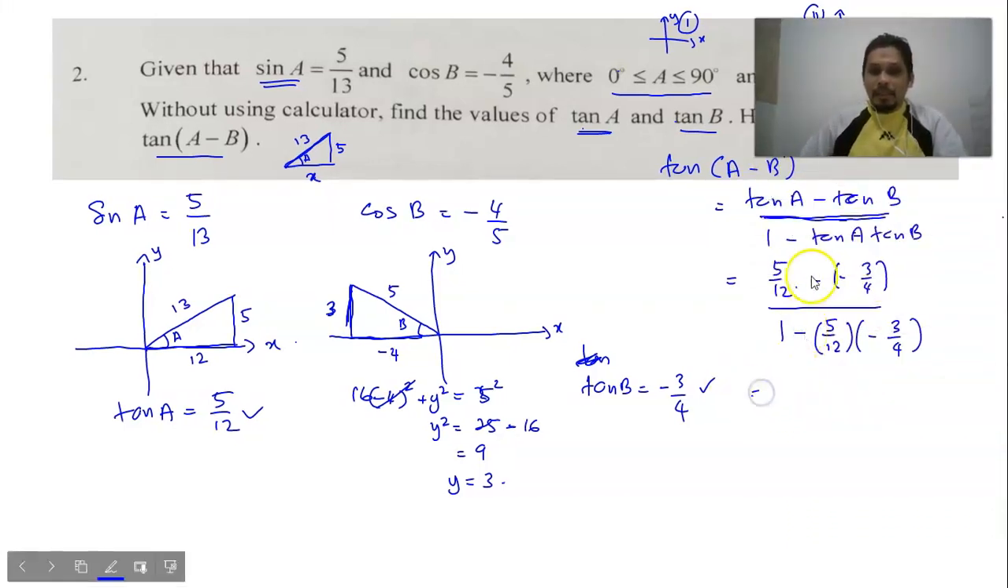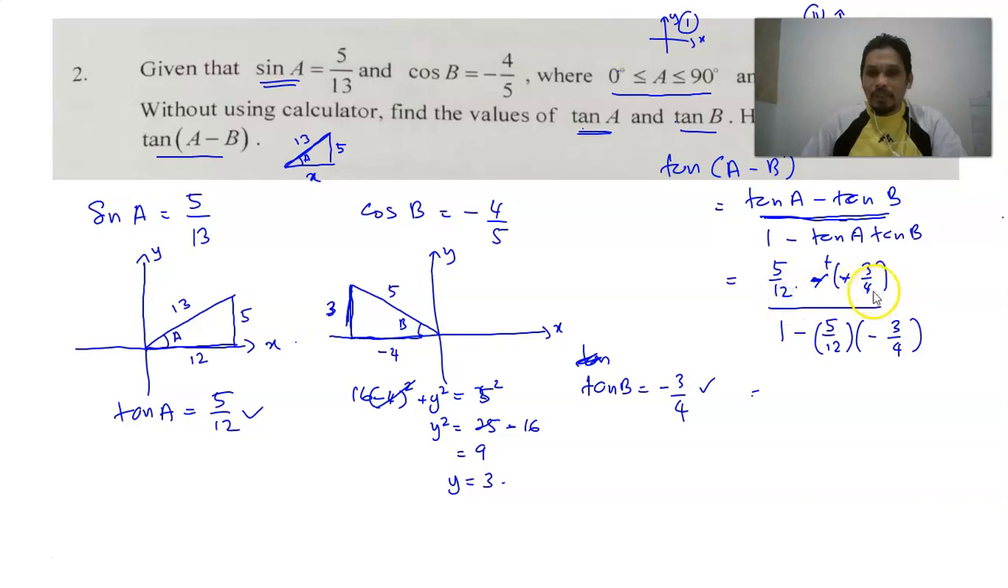Okay, now tangent A minus negative 3 over 4, negative becomes positive. And then 4 with 12, we equalize the denominator, so make it 4 times 3 and 3 times 3. So then 5 plus 3 times 3 equal to 9 divided by 12, and divide by negative times negative, positive, so 5 over 12 multiplied with 3 over 4, 1 minus 15 divided by 12 times